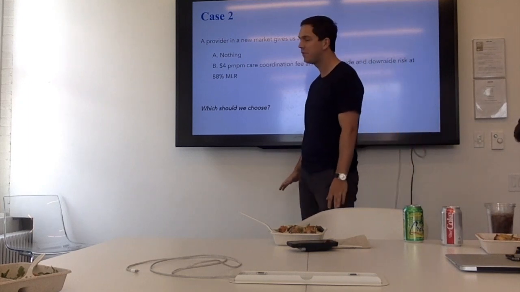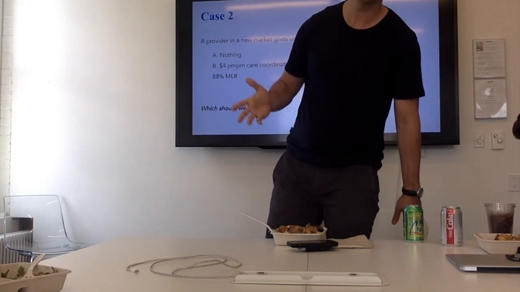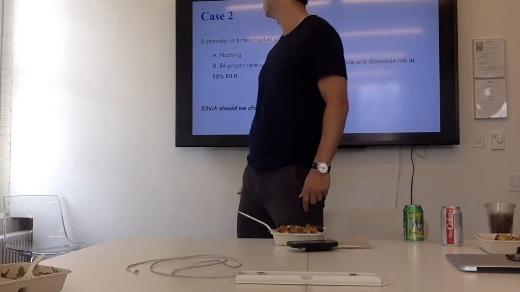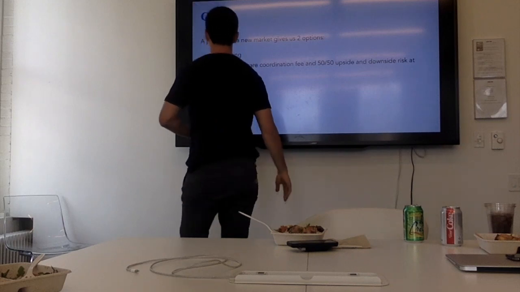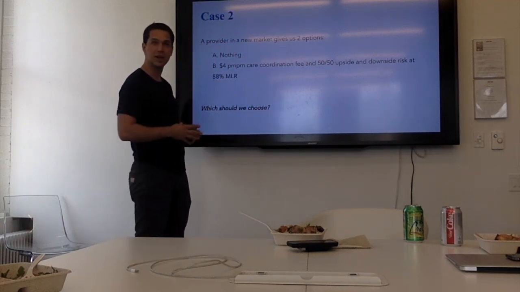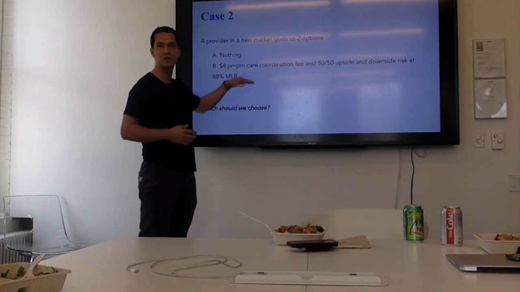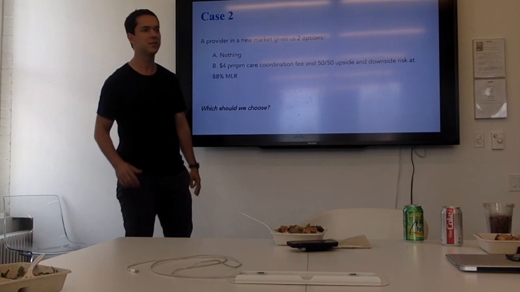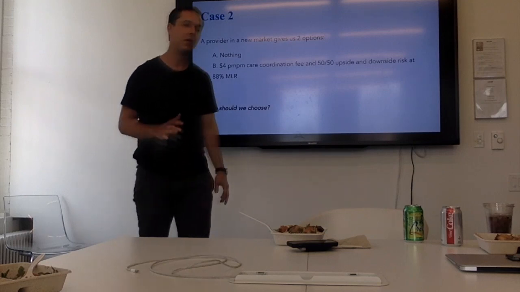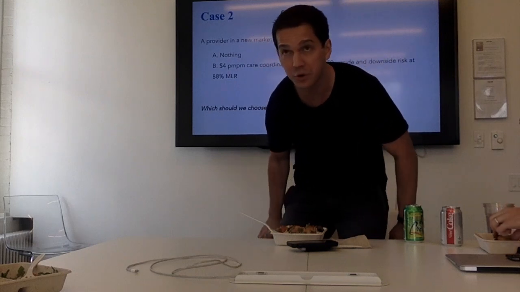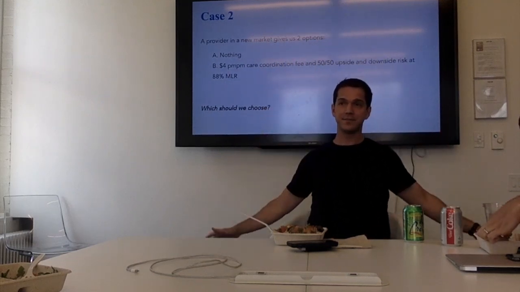And so if you thought the MLR, if our best guess was 90, you would be equivalent between A and B, basically. There's a minor thing in here. Anyway, that's pretty much right. You may define the MLR in a contract as including the care coordination fee or not, and that's how Sarah Alice's answer could technically be right. But anyway, that's not the biggest deal for right now. Do people get? Does that make sense?